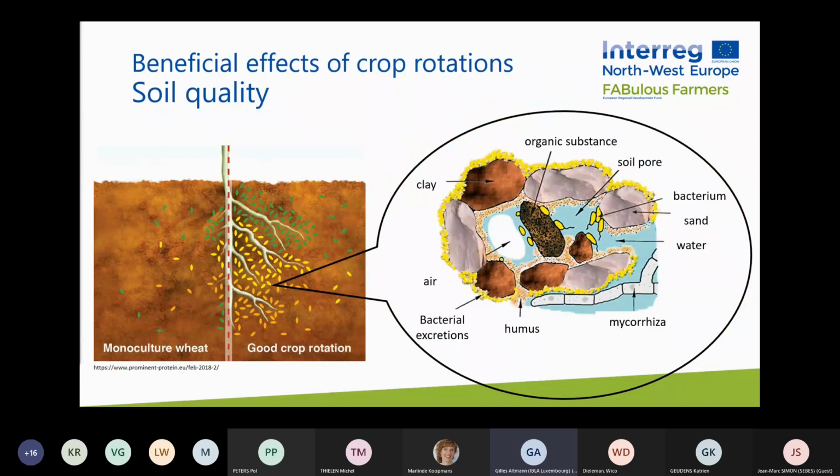So, as you can see on the left picture, monoculture of weeds causes a reduced growth of roots, so they don't grow in a large soil volume anymore, and of course this reduces the amount and diversity of soil life, whereas on the right side, in a well-chosen crop rotation, you can see that roots grow in a higher soil volume, and you have different colors for different types of soil organisms, so diversity increases and also the number